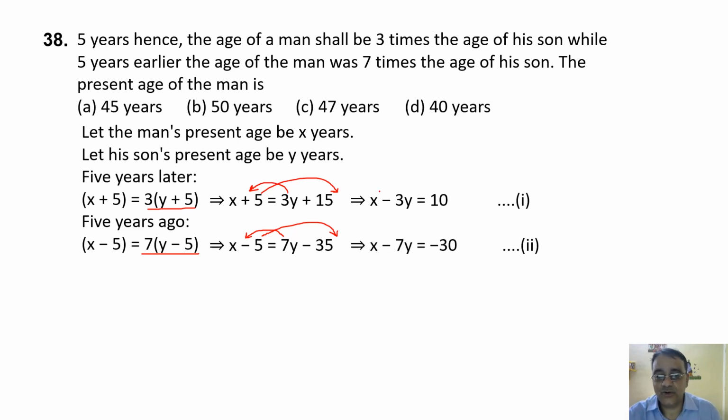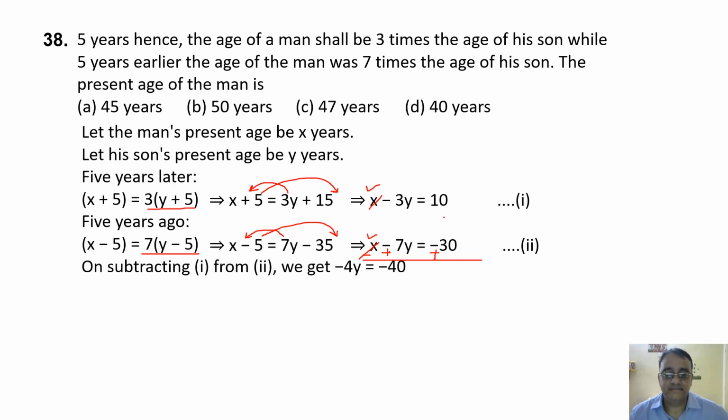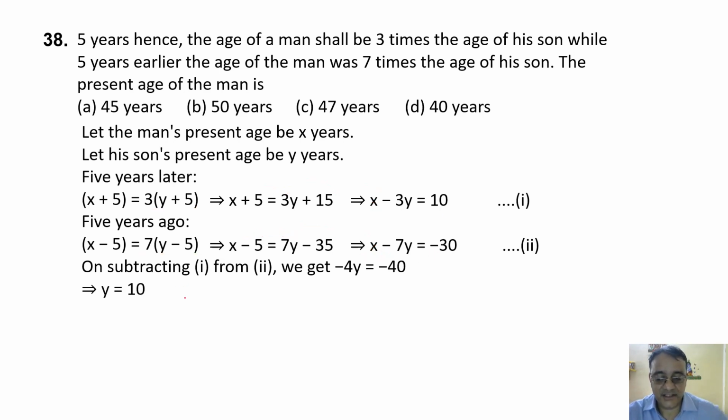अब यहाँ पे x का coefficient same है और sign भी same है, so we have to subtract. देखो यहीं पे subtract कर रहा हूँ मैं. Sign change. So x cancel. We'll get 4y is equals to 40. Okay, so y is equals to 10. Right. Now substitute y is equals to 10 in here, this equation.